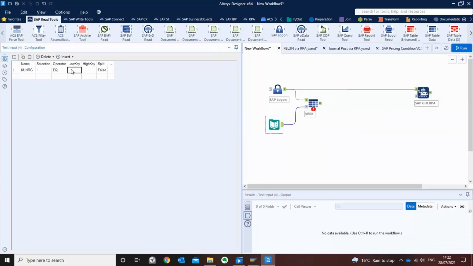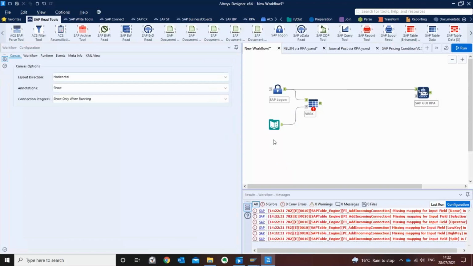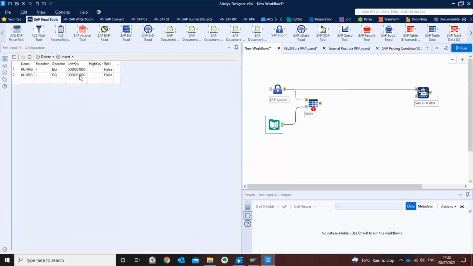Now, let's put some values in. So I know that my payer, I would like to be 1000. You just have to put it in that format for SAP to understand. And I can add another line even and say 1003. So we could add obviously as many in here as we like, and change them either manually, as you've just